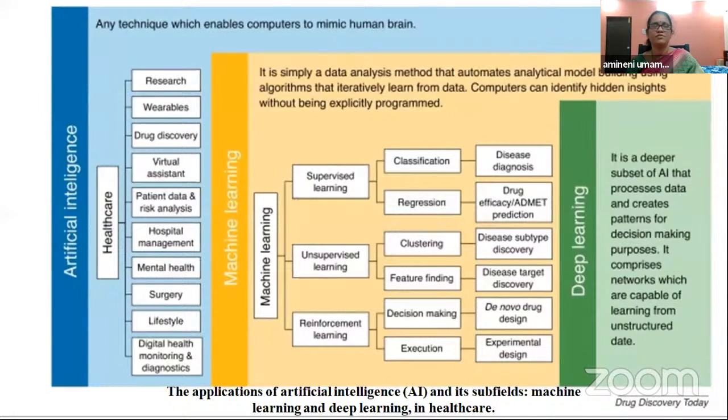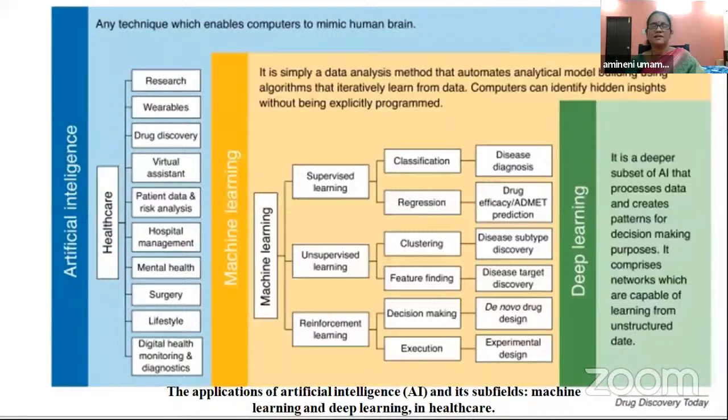Mainly we are focusing on drug designing studies. In machine learning, there are three different types: supervised learning, unsupervised learning, and reinforcement learning. Whatever data we give, it will take as input, search for patterns, then classify and give the results. Sometimes it is called automation.